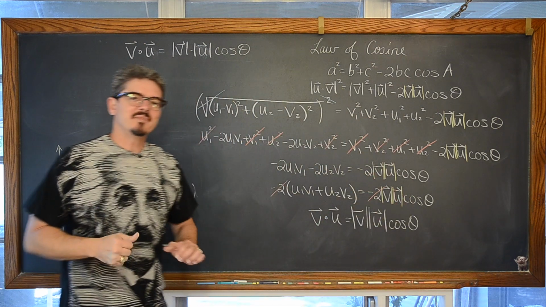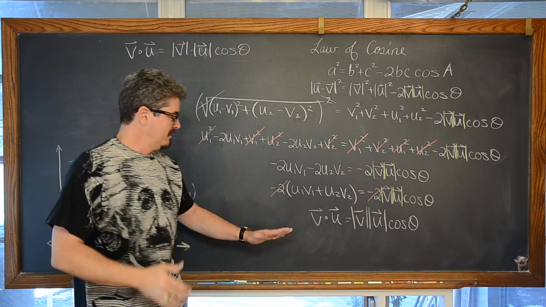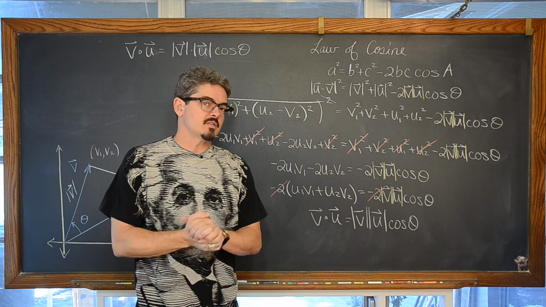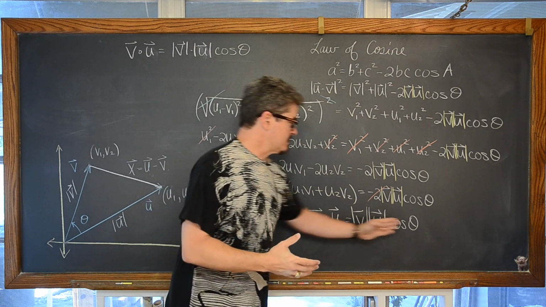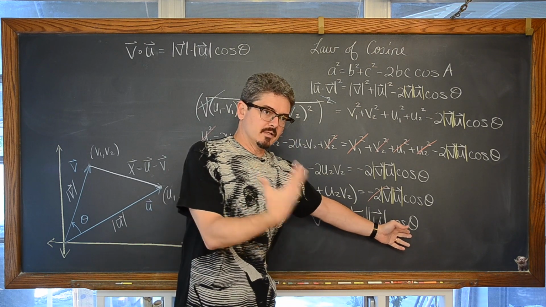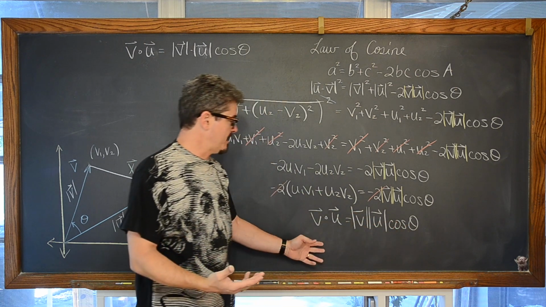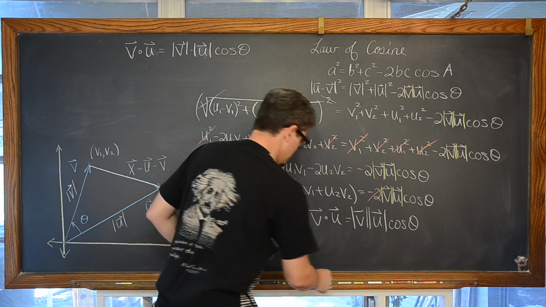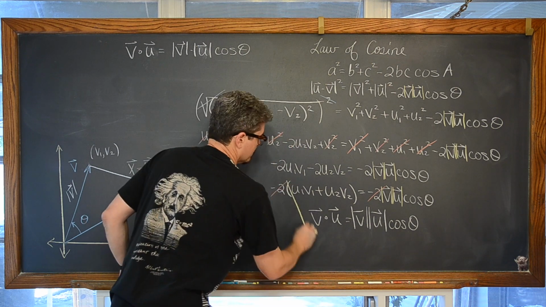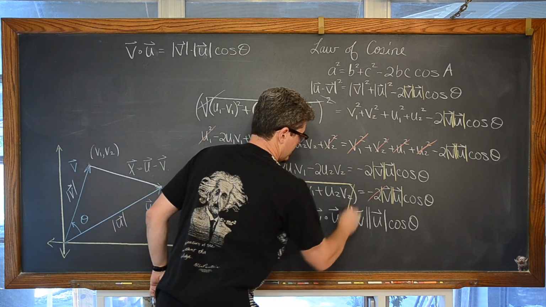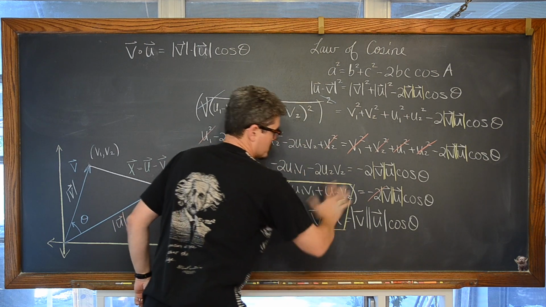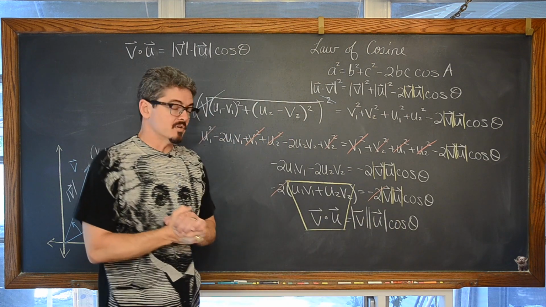And that is not only your geometric definition of a dot product and how it's ultimately going to be used. The dot product will allow you, as an application, to find the angle between two vectors, but it also allows you to see how your algebraic definition is related to your geometric definition of dot product.